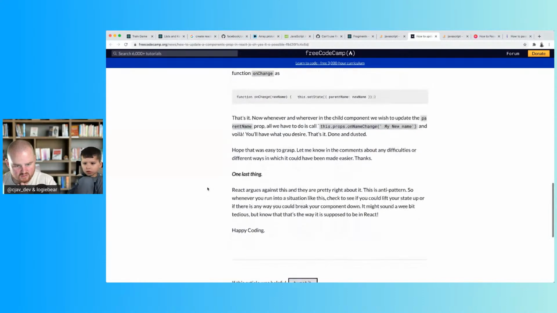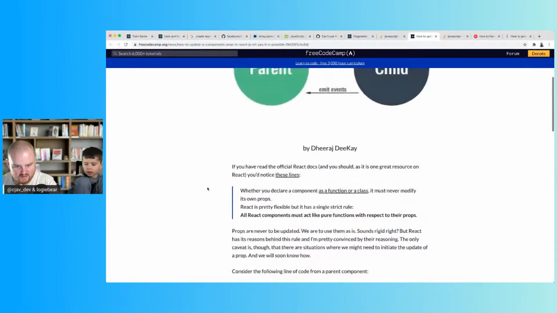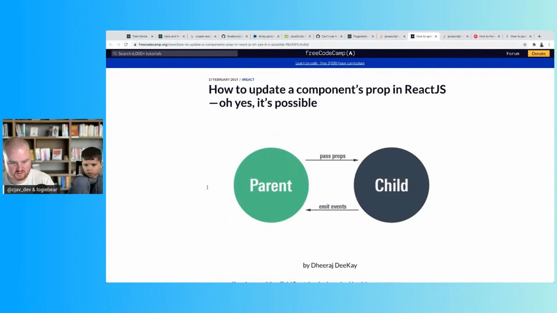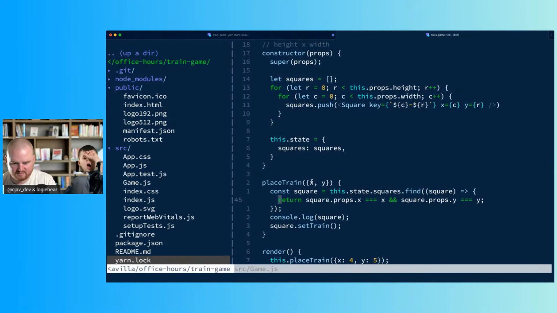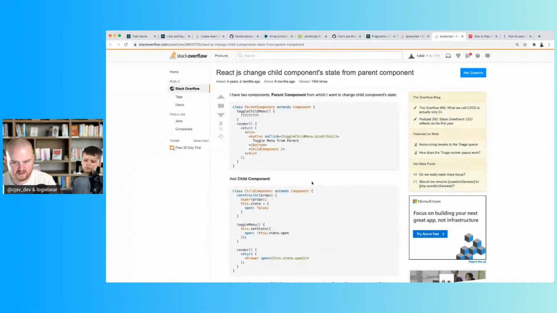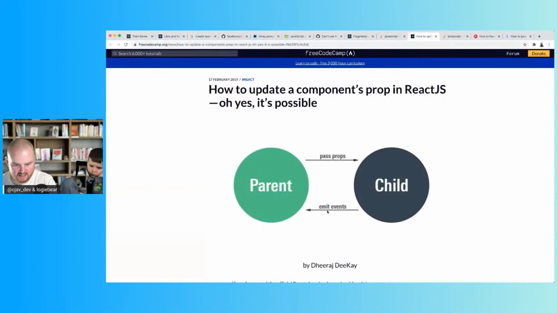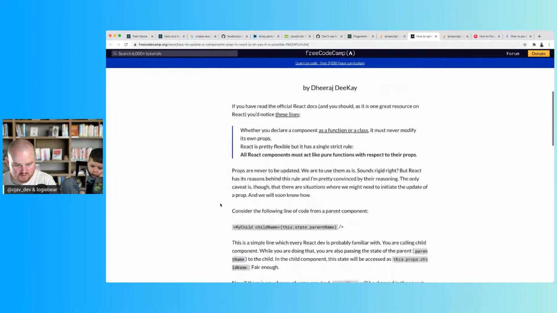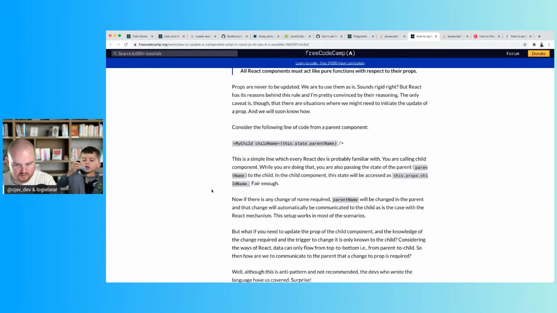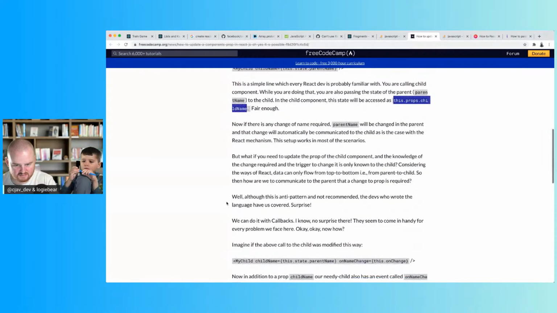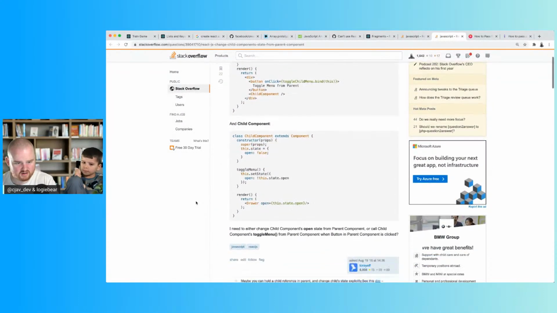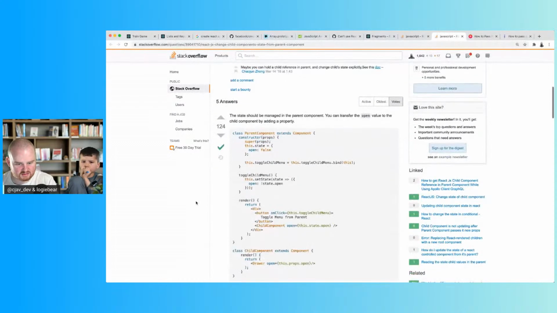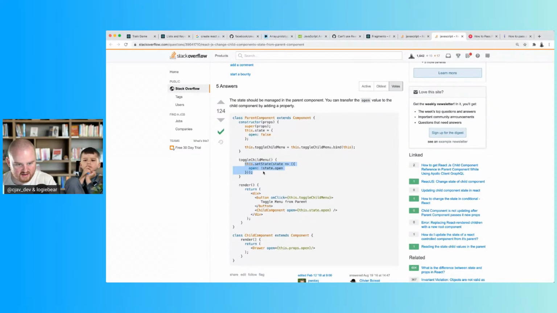All right, so this.props on name change. Give me my new name. All right, so how do we push down context? Do we always need to repass? How do I call set state on a child? Wait, let's see. The parent passes props and the child emits events. So do we have to... this.props. I want to set the state on the child. Parent component, toggle the menu. Okay, toggle the child menu, this.setState, and then